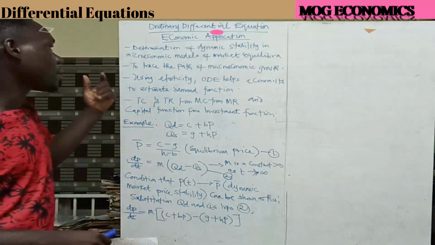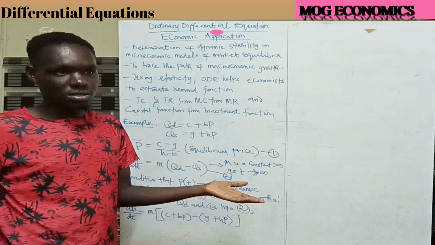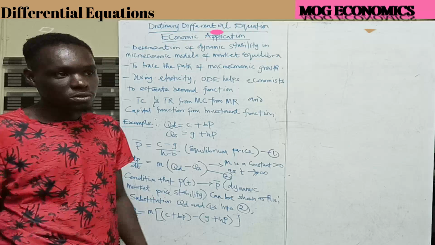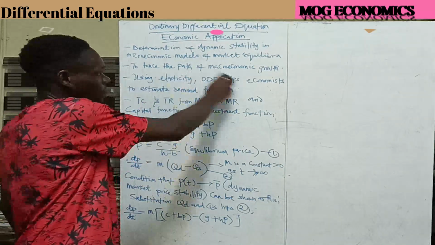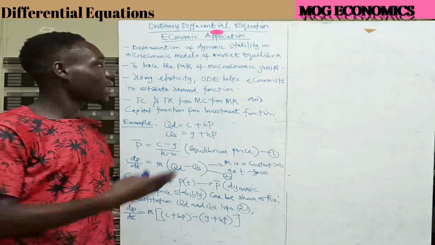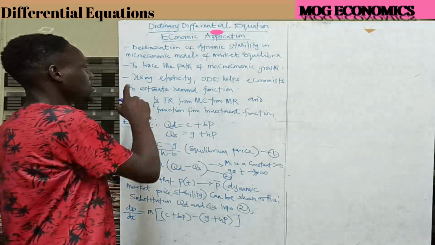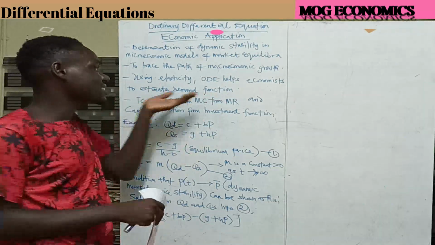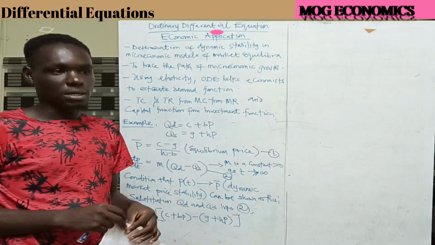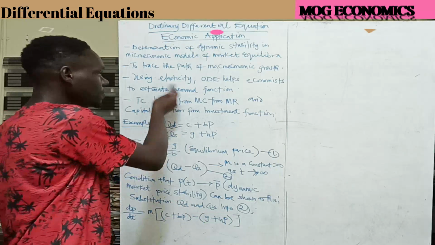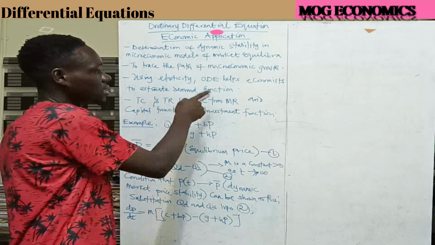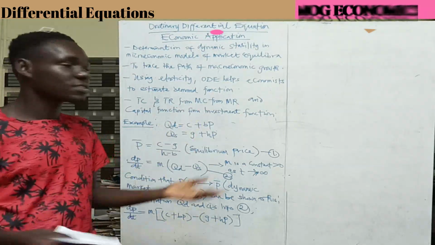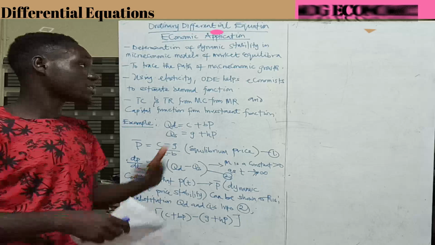It can also be used to trace the path of macroeconomic growth, since it's a function that relates with time, and so the path of macroeconomic growth can easily be traced using this. You can also use it in the area of elasticity. It helps economists to estimate demand function. Yes, the concept of elasticity, then how to use it to estimate demand function. So using elasticity, the ordinary differential equation also helps economists to estimate demand function,